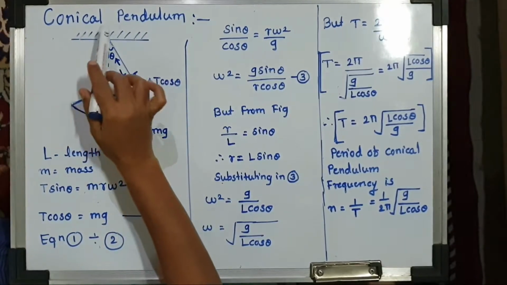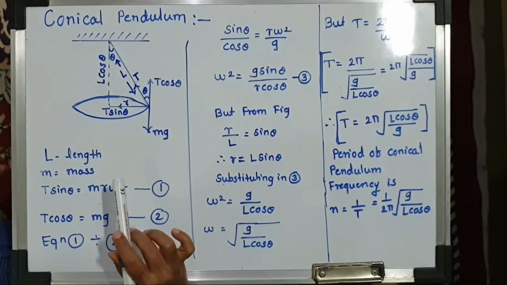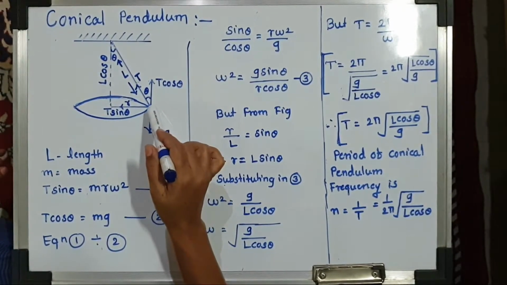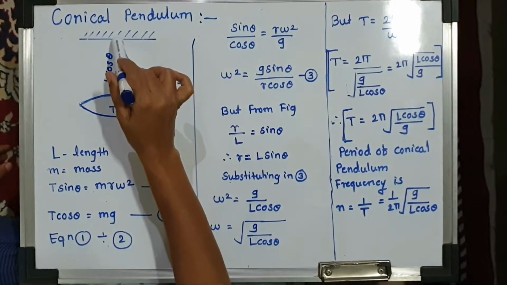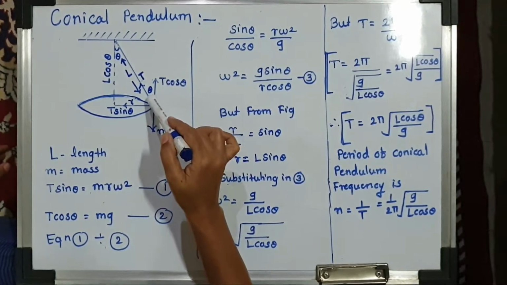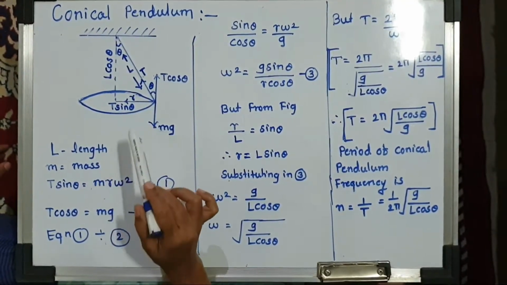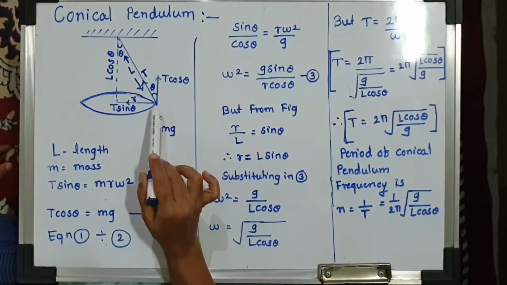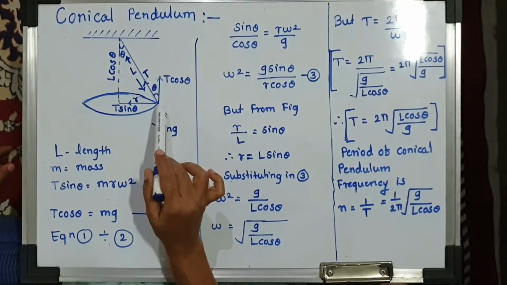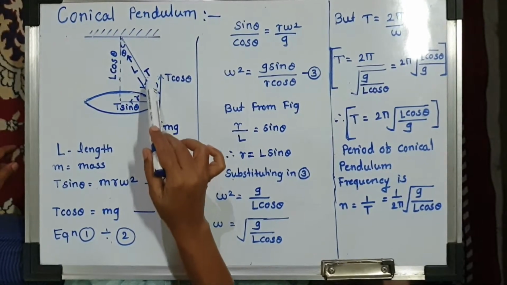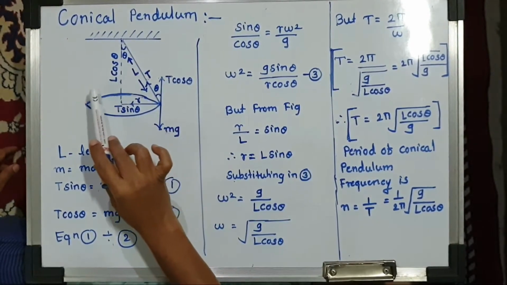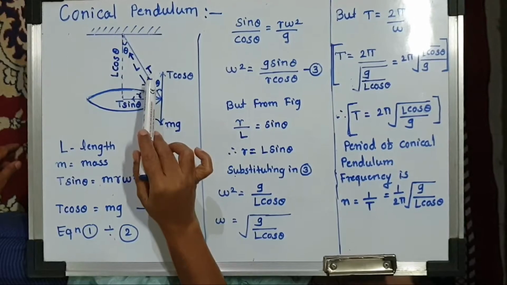Next topic is conical pendulum. Now what is a conical pendulum? When a heavy tiny mass is suspended from a rigid support with the help of a massless, inextensible string, and that mass is whirled in a horizontal circle, the string describes a cone-like structure, and that is called a